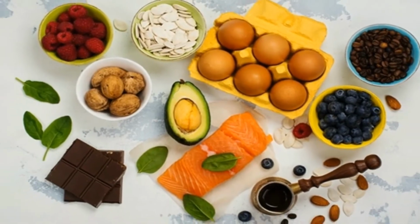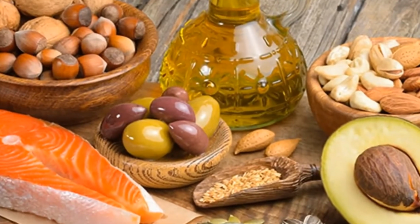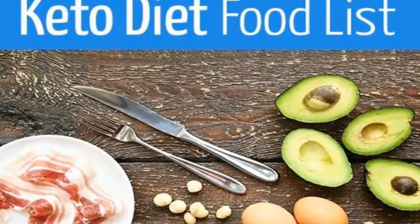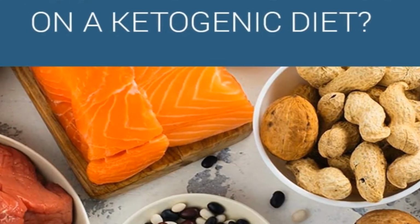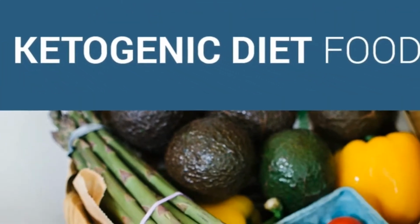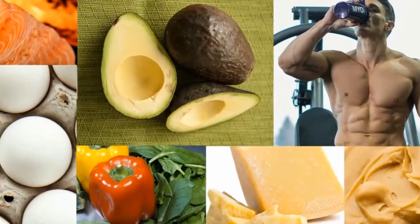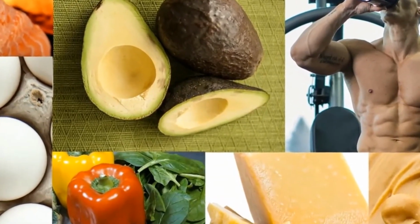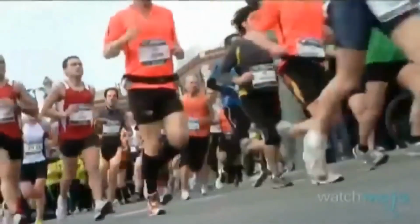Fatty nuts and seeds: cashews, macadamia nuts, pumpkin seeds, avocado, whole eggs, full-fat cheese, beef, ground chuck 80-20, filet mignon, porterhouse, ribeye, chicken thighs and legs, vegetables, spinach and other greens, broccoli, asparagus, cabbage, mushrooms, bell pepper, olive oil, salted butter, heavy cream, sour cream, cream cheese, fatty fish, salmon, mackerel, sardines, anchovies, chicken broth or bouillon cubes with at